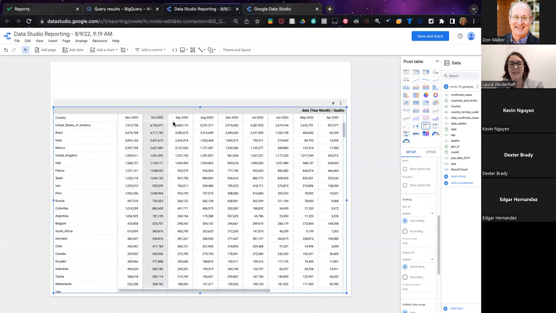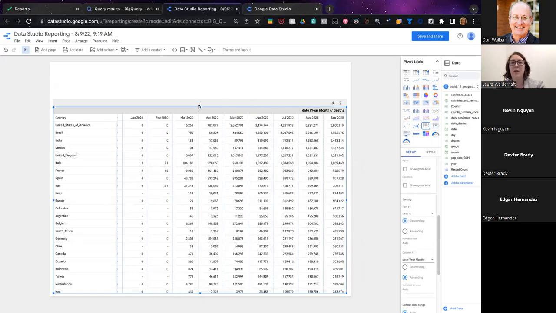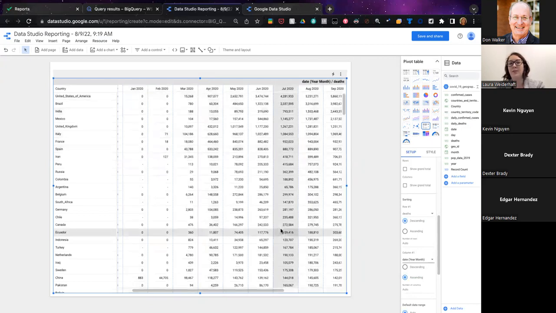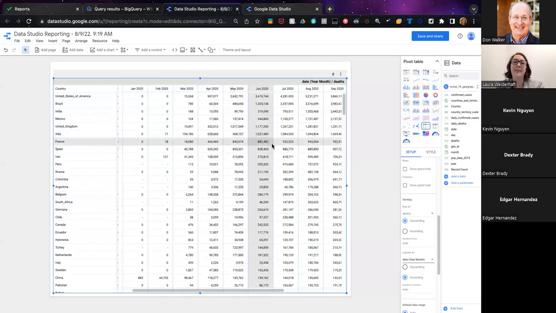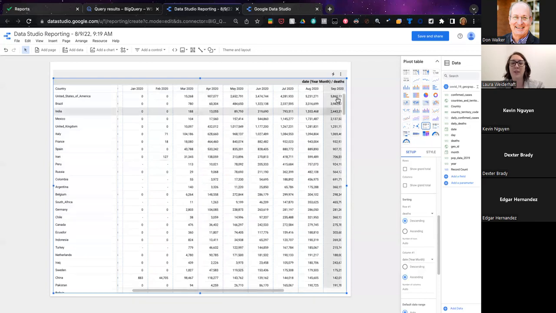So it doesn't really make sense to have all of these months out of order. So we want to make sure that when we're working with dates that it is in some kind of logical sense. And you can start to see we're going to be able to like view some trend lines here. So I use these tables a lot for data exploration, or a lot of times I'm working with clients or internal stakeholders that just want to be able to work with the data, but they don't know SQL, right? So what I'll do is I'll prepare a view of the data that allows them to export and work with it in Excel.